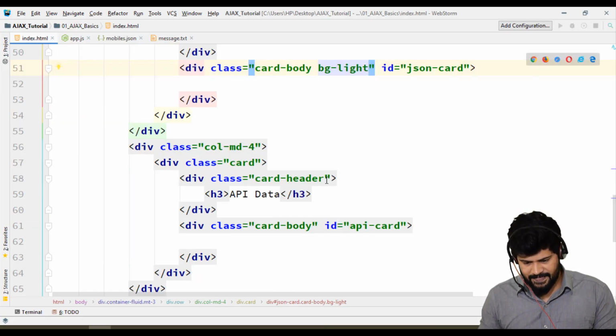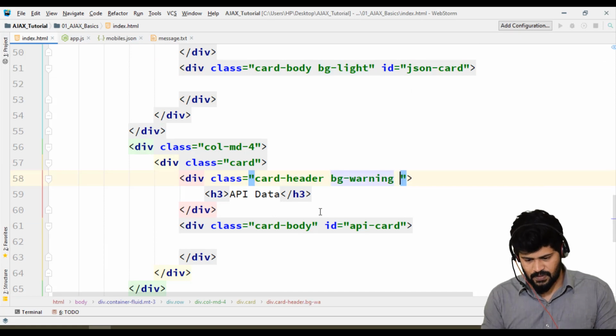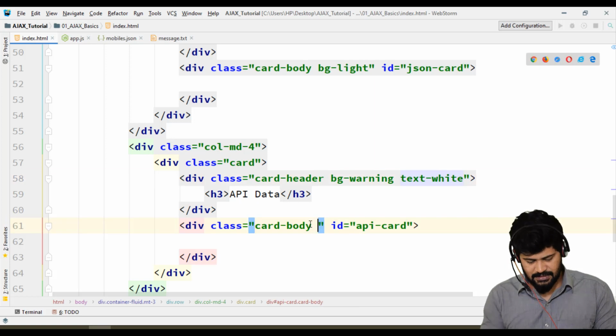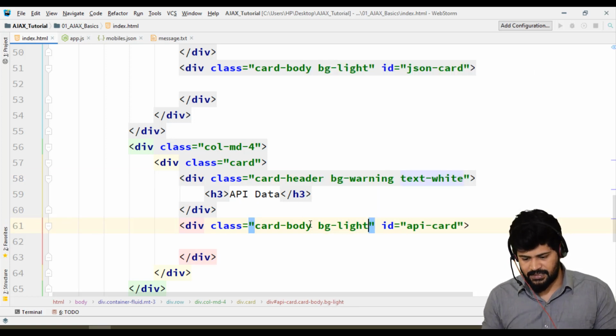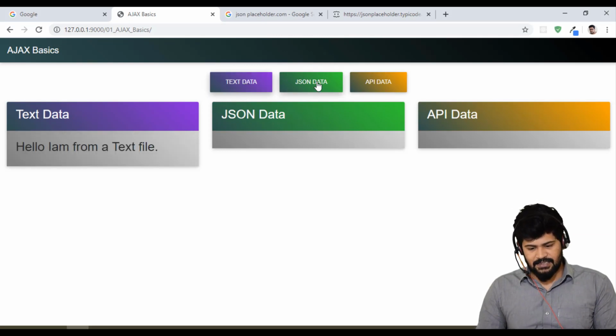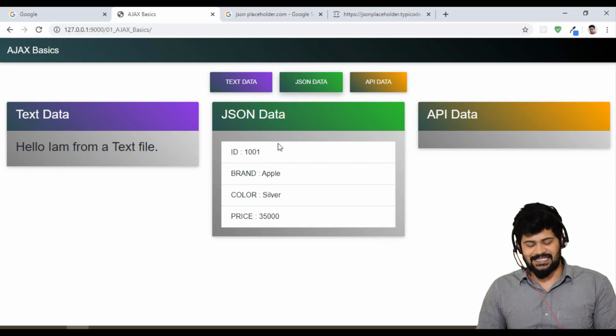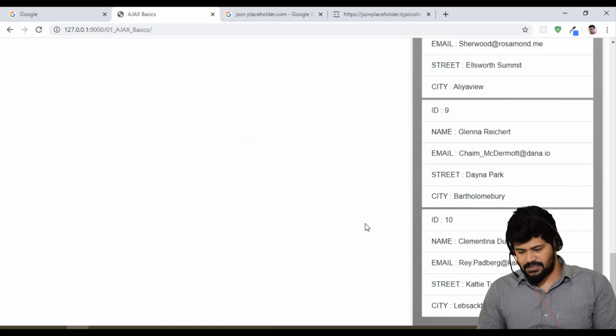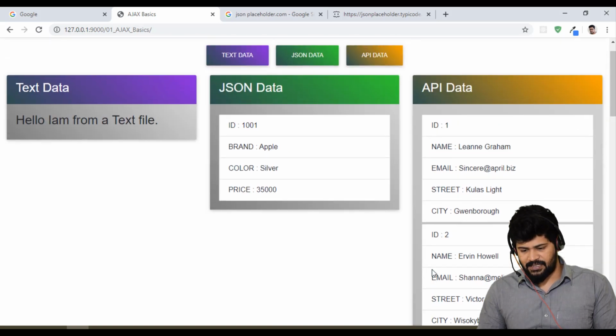And lastly here bg-warning text-white, and here bg-light. Okay, so done. So now when I click on text data, you got text data here, JSON data, local JSON data, and when I click on API data, yes, you got all the 10 users data here.